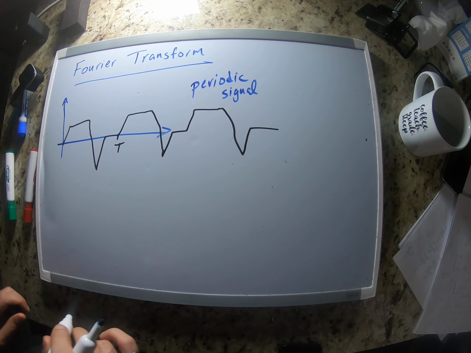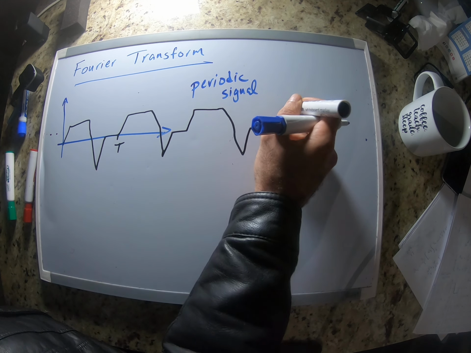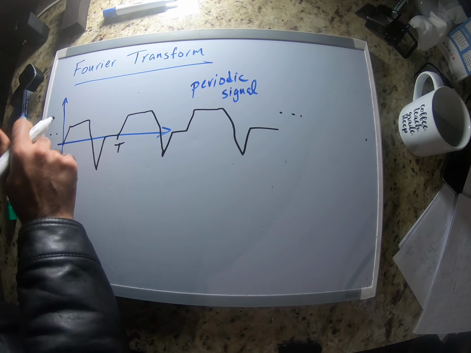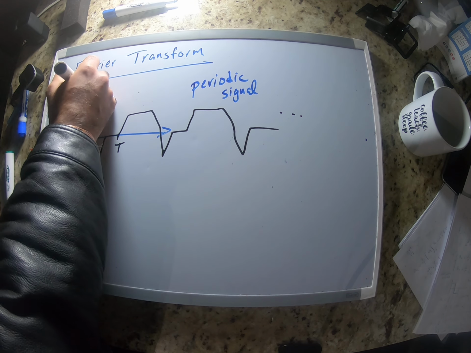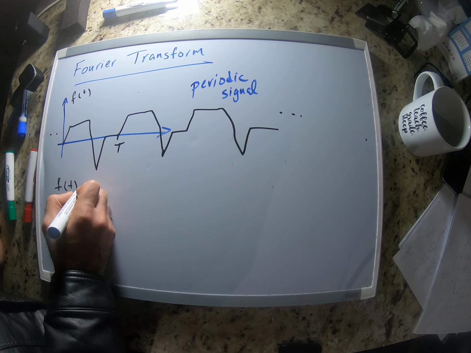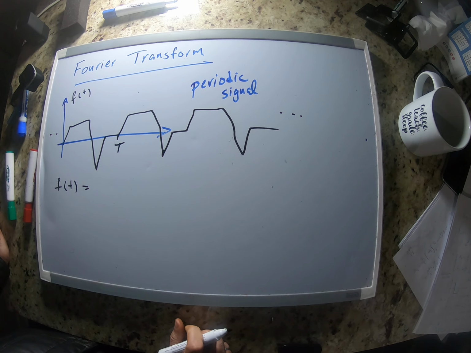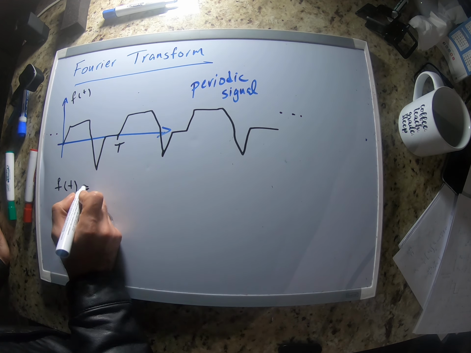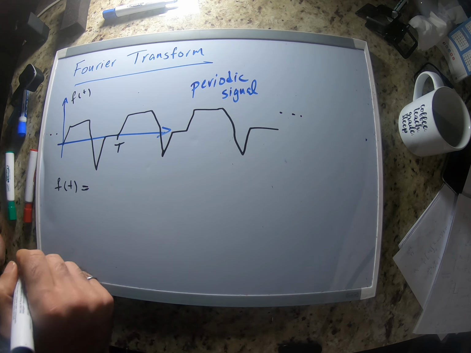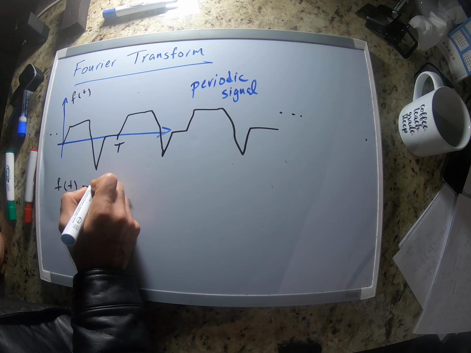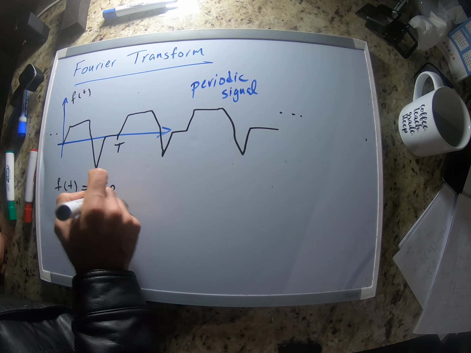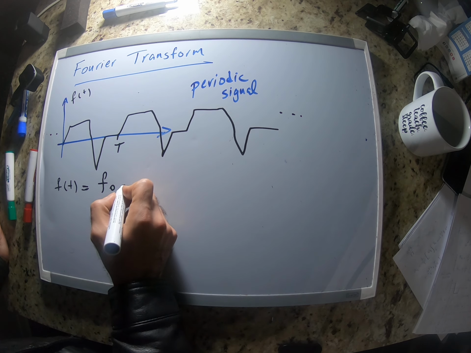Any kind of periodic signal, we can write this signal, let's call it f of t, as a combination of a bunch of sines and cosines. So we can write this signal as a summation of the DC value of this signal, whatever it is, plus